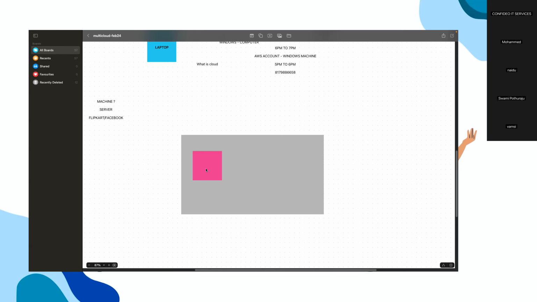So when you have enough configuration to host an application, we call that machine a server. Just that is a server. And you might hear about application server, database server and all, which is very simple. Let's say, for example,